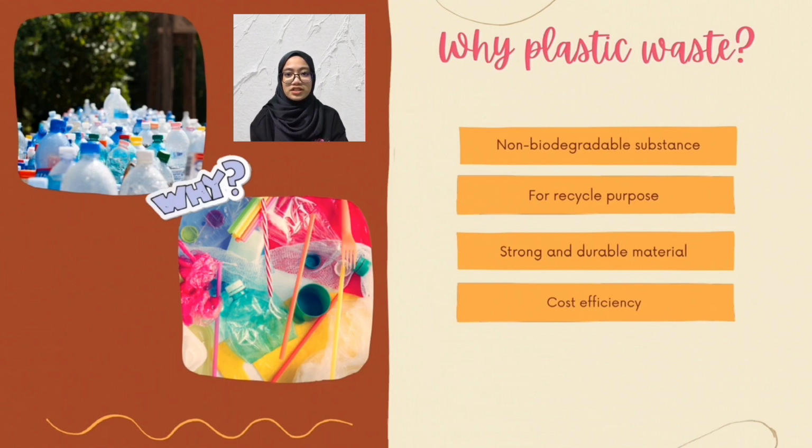So engineers and researchers use plastic waste as brick material for recycling purposes, to lead us to our sustainable goals. Other than that, plastic waste is a strong and durable material,